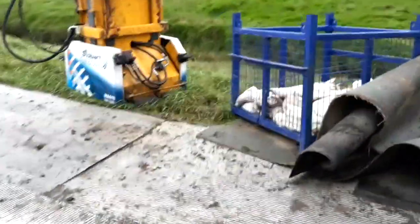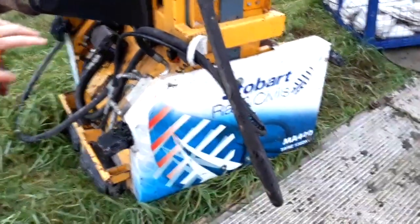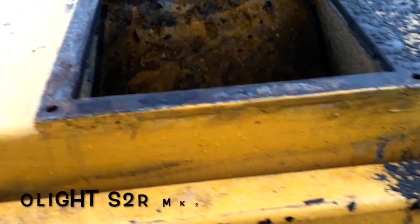And he's got this attachment on the end, but it's upside down, so you might not be able to see it. The other day when we had a look, it was stood on its end, and you could see what was inside of it, and inside of it are about three big brushes. Actually, there's a hole here, you might be able to see in the top. Let me get a light out. Oh, hold on. Can you see in there? I'll just brighten it up a bit. I don't know. So in there, I don't know if you can see,